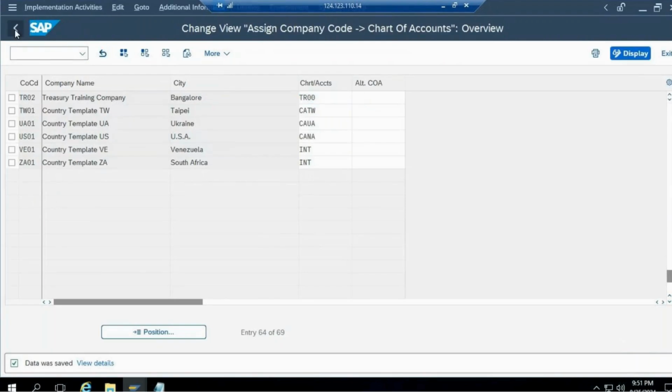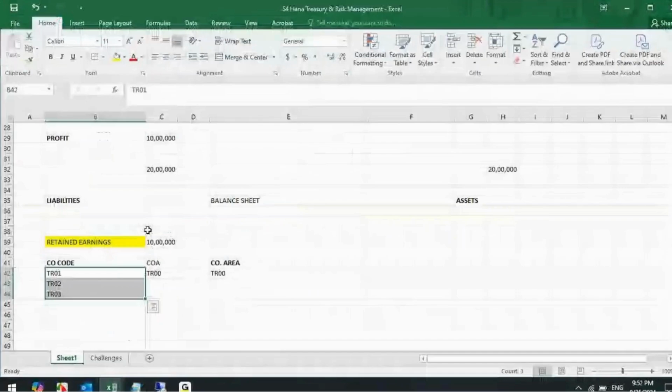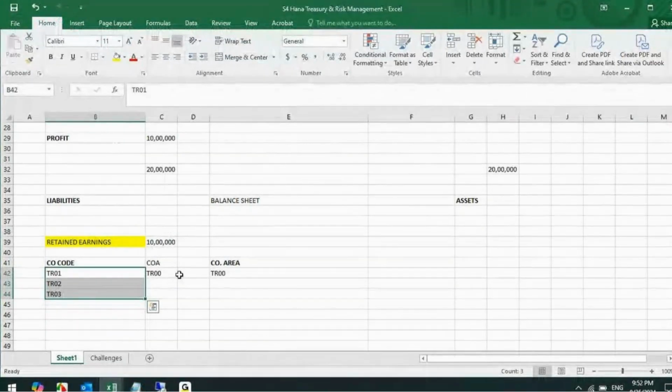Now, why have I done this? Because this is the reason for that. I want a common reporting. I want all the company codes which I have purchased, tier 1, tier 2, tier 3, in a kind of group reporting or consolidation reporting. My common chart of account will help me get a complete consolidated financial statement from TR01, 02, 03 company